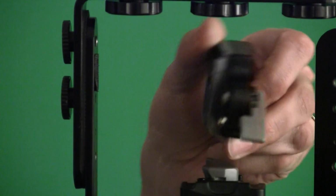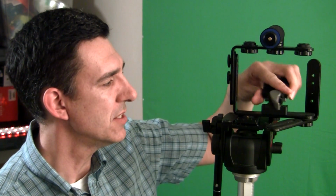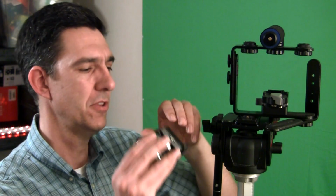So I ended up taking a second quick release plate right here and base, and I attached the quick release plate on the bottom of the base, and then put both of these in the first quick release system. So it raised it up a little bit, and even though this looks like it's backwards, because it is, the release lever would interfere with the first one, so I had to invert them. Now when I put the camera in,